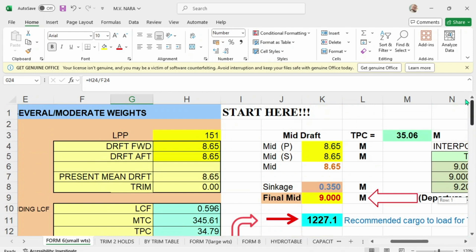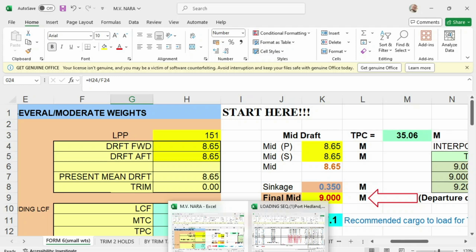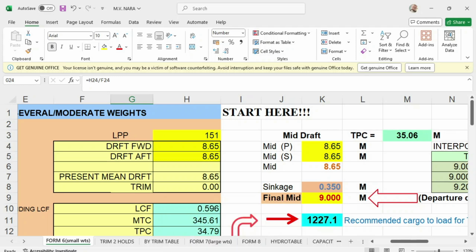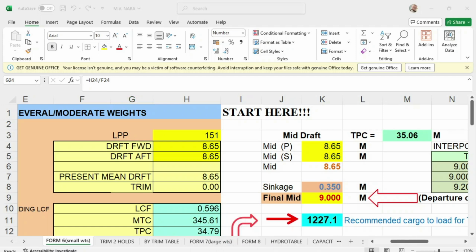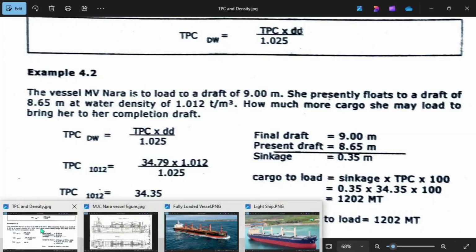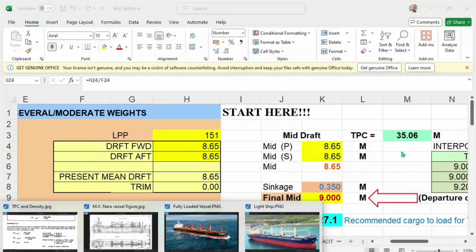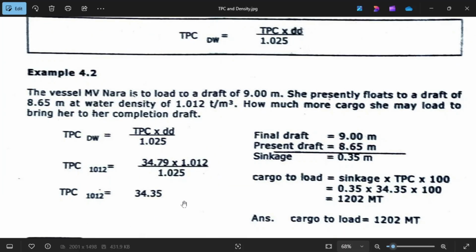According to the problem, they will stop at 8.65, which is your present draft. So at present, a draft of 8.65.